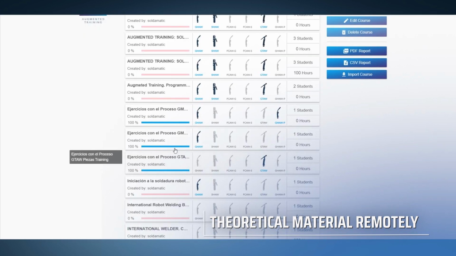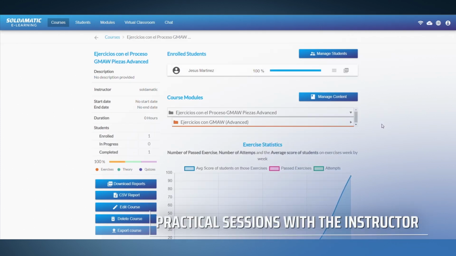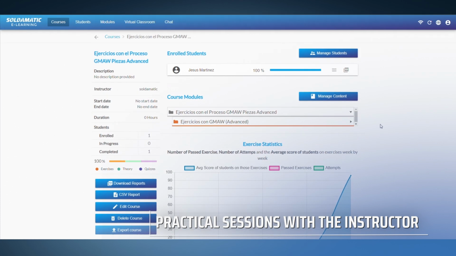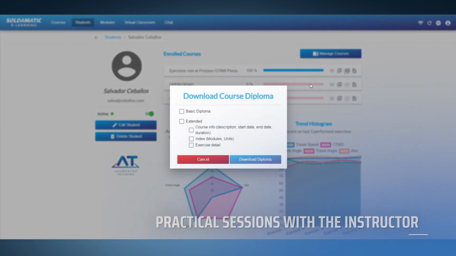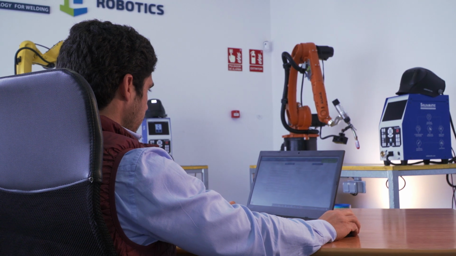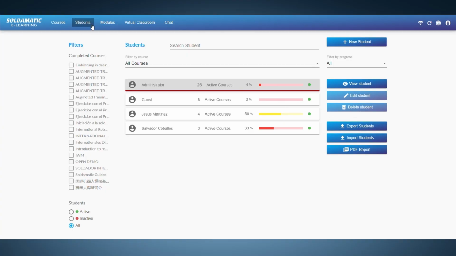There is also predefined course content available in different languages provided by the American Welding Society, DVS, CSOL, among other well-known welding societies. In fact, the student will be able to download a Soldamatic diploma certifying the successful accomplishment of the course. Managing students. You can register your students by introducing their contact details, and they will have access to